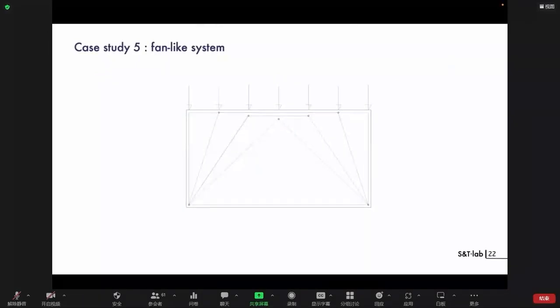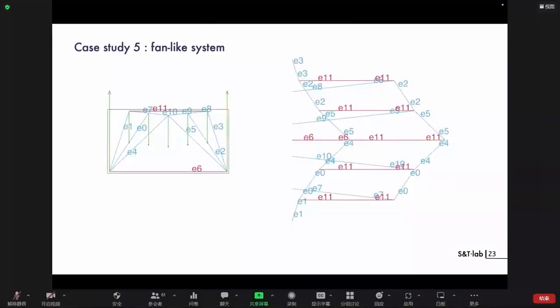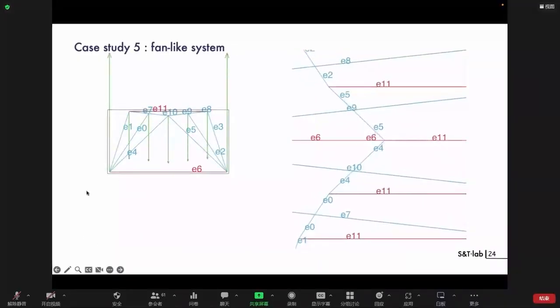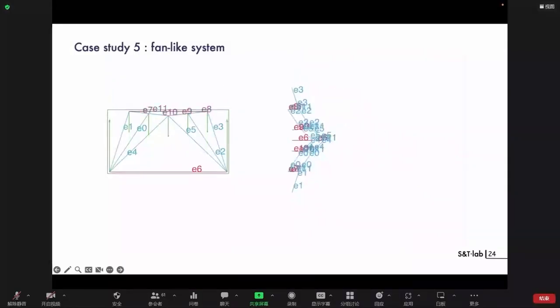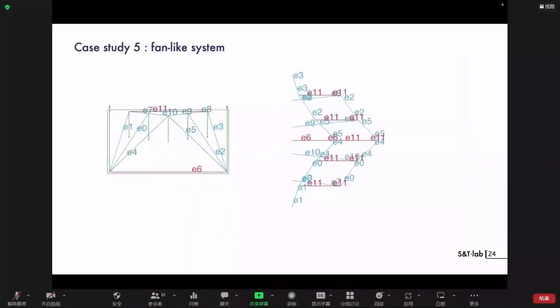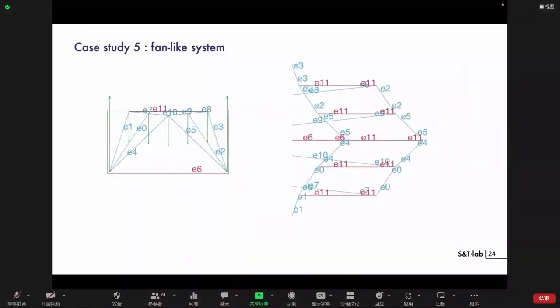Okay, so the idea of this fifth case study is to analyze a fan-like system for a simple structure like this. This could be a CLT panel again, and if we analyze it with VGS, we can see how the bars in compression enable the efficiency of the load path. And again, the video shows the explorations, variations on the acting forces, and the variation on the acting forces gives some evaluation of efficiency with the force diagram